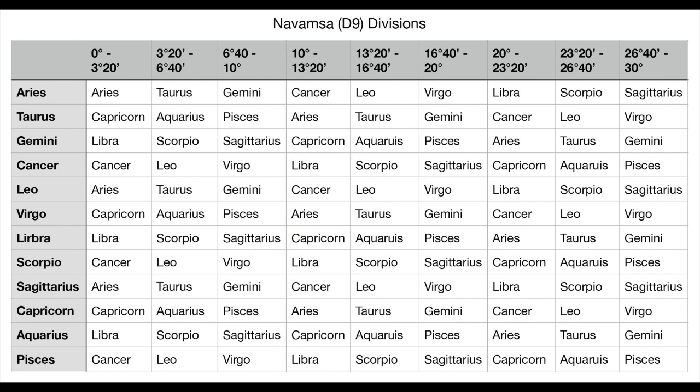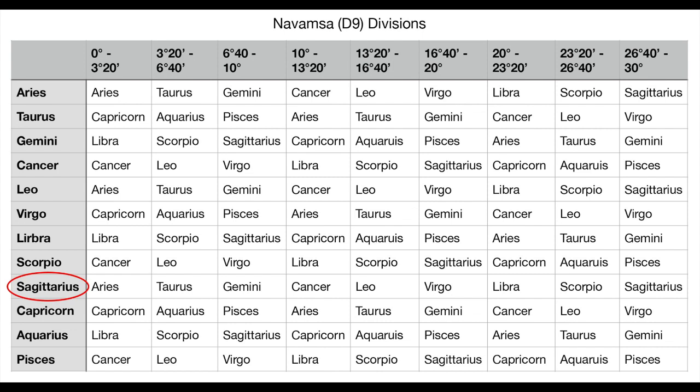And let's do an example. If you're the planet with the highest degrees of all planets, except the two nodes and except the three outer planets, so except Rahu, Ketu, Uranus, Neptune, Pluto, any of these planets that has the highest degrees in any sign, let's say it's Mars, and Mars is in 22 degrees in Sagittarius. In the graph at the bottom, or on the left-hand side, you'll see Sagittarius, so Mars is in Sagittarius.